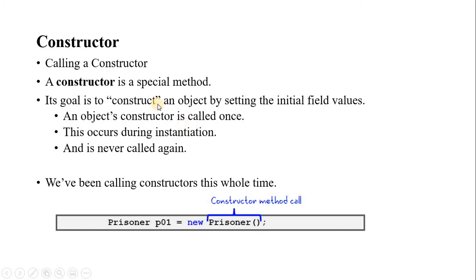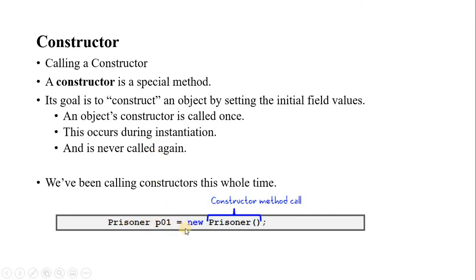So how are we going to call a constructor? We are going to create an object for a class. Okay, so a constructor is a special method that is going to construct an object and initialize the field values. Once an object is created, the constructor is automatically called. So the object is constructed once it is called. This occurs when your execution is started. Once the program is started and the object is created, memory is automatically created for it, and the constructor is going to initialize the value. And the constructor is not going to be called again. Okay, at object creation time only.